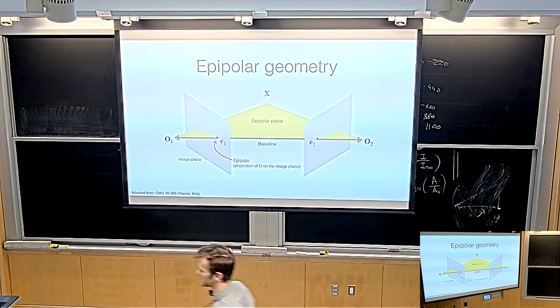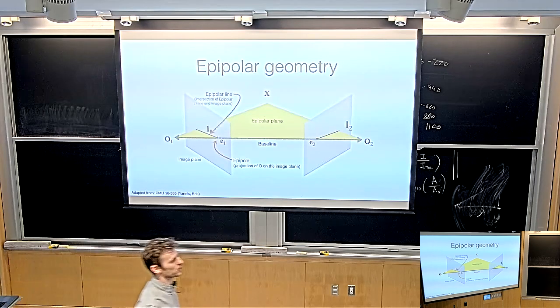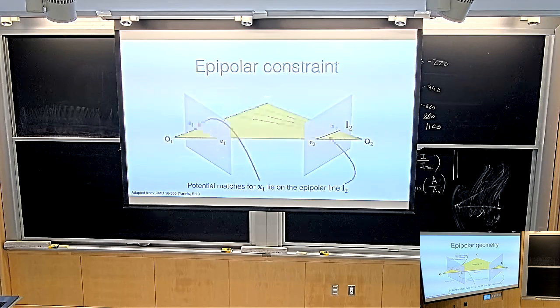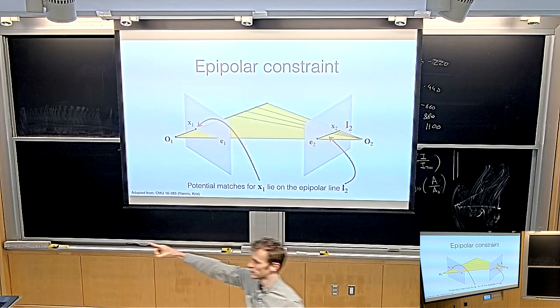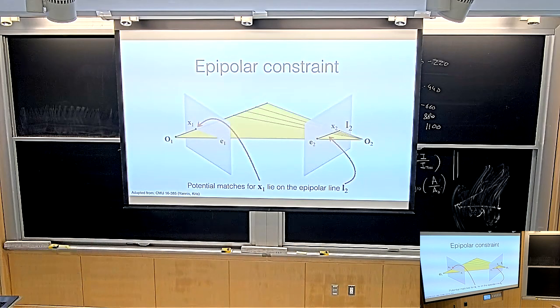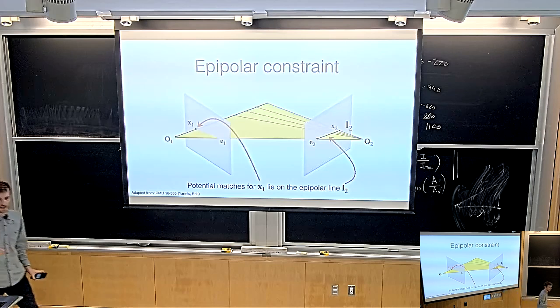And then we are going to call this the epipolar plane. That's the plane where the 3D coordinate plus the two camera origins all lie. And then we're going to call these two things here the epipolar lines. Now you might already see where this is going. The epipolar lines are the intersections of this epipolar plane and the image plane. And it turns out that if I give you pixel x1 in the image, and I ask you, where do you have to look in image number 2 to find the corresponding pixel? It turns out you only have to look in the epipolar line, which makes sense, right?